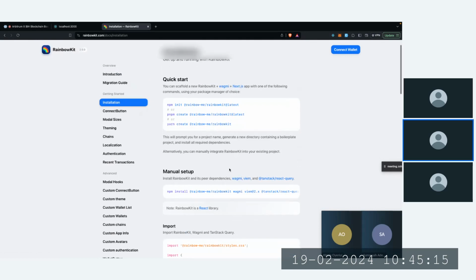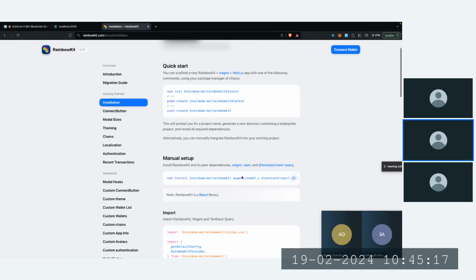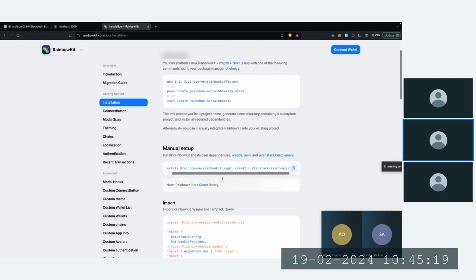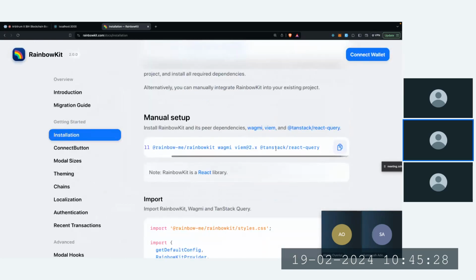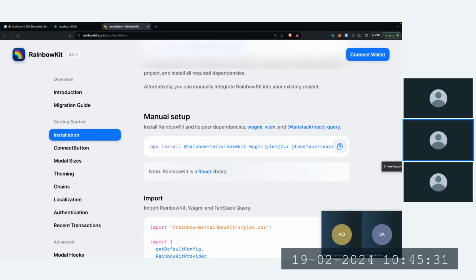Under installation and manual setup, you will see npm install rainbowkit. What this does is install Rainbowkit first, and it will install the peer dependencies. Remember, I said Rainbowkit works with Wagmi and Viem. So that's why Wagmi and Viem are also going to be installed. And lastly, you see TanStack React Query,